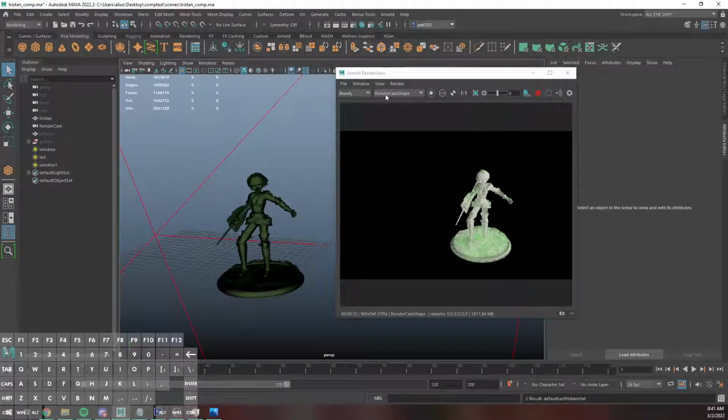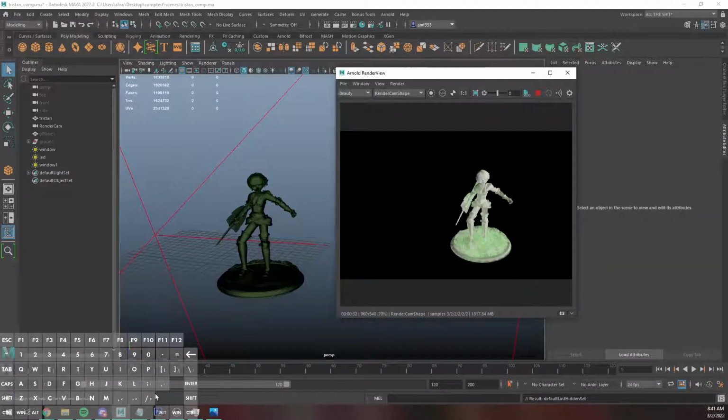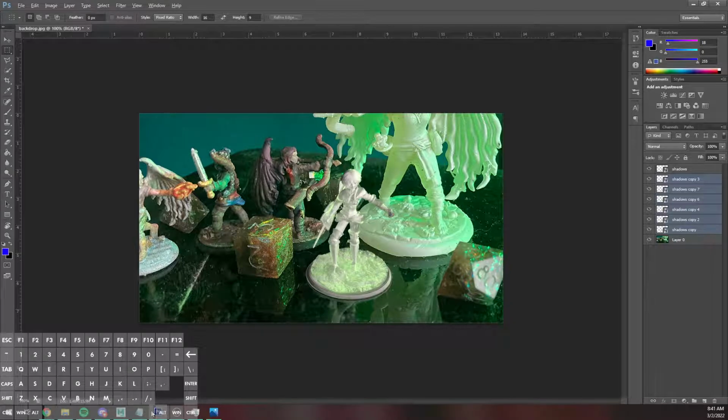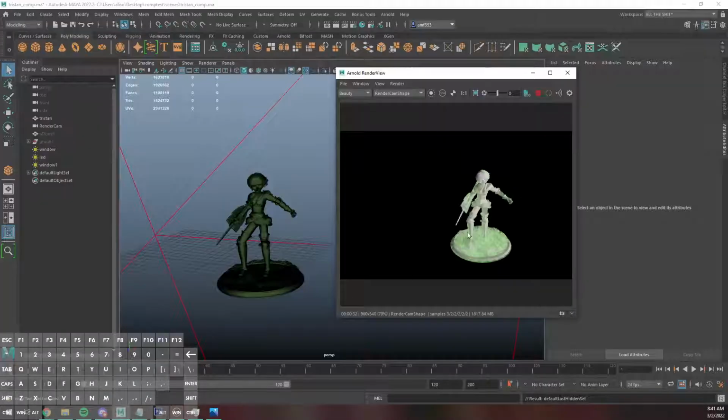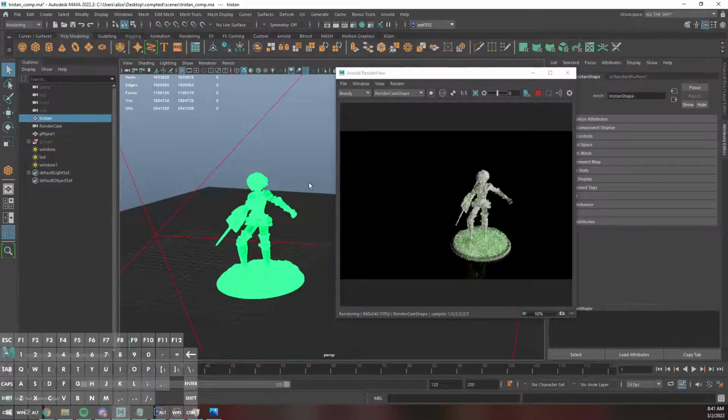So what I want is basically just the character. Character.exr, great, and I'm just going to go ahead and delete all of this other junk from Photoshop because I don't want it. While I'm doing that, though, I will unhide the ground plane,